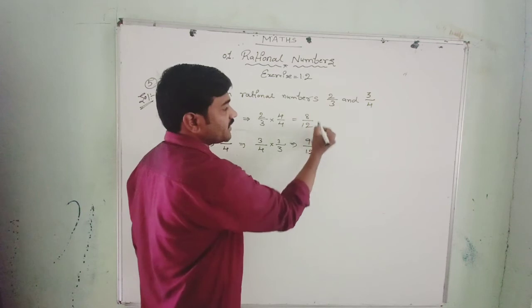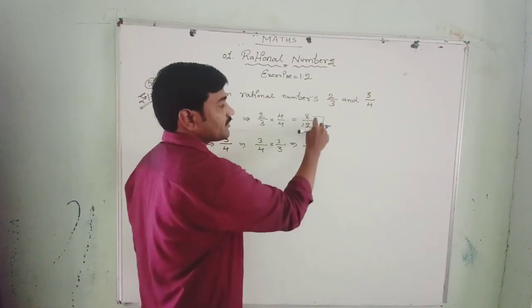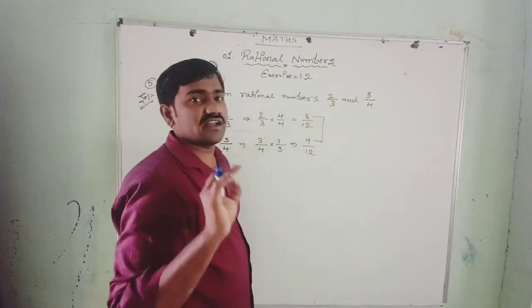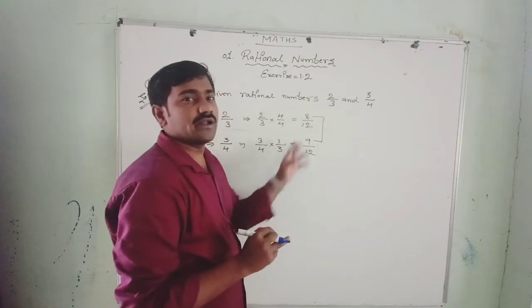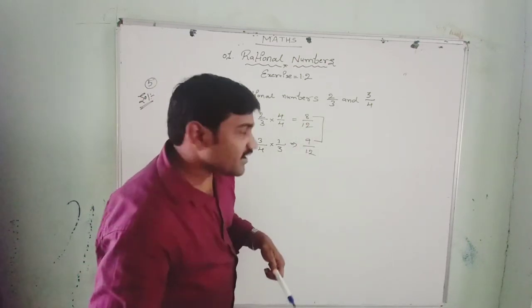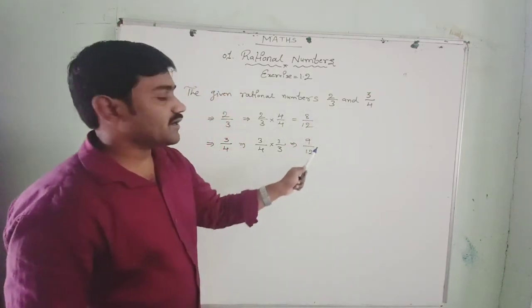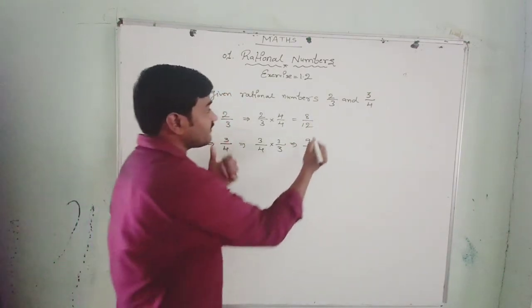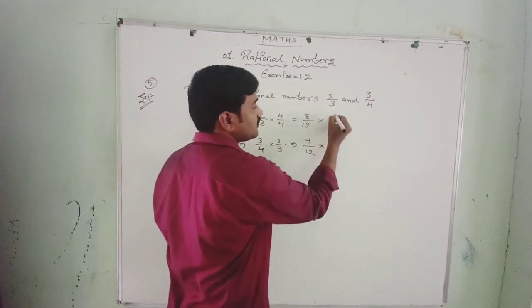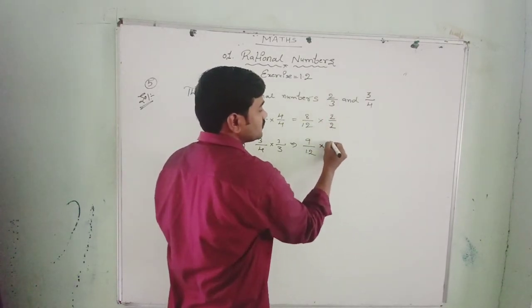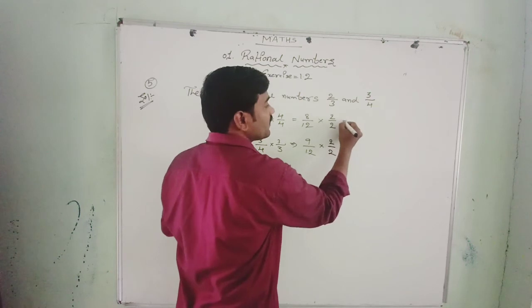Let us observe the numerators, here 8, here 9. Between 8 and 9, is there any numbers? No, we don't get any numbers between 8 and 9. So what we have to do? Now it is not sufficient. అంటే ఇప్పుడు 8 కు 9 కు మధ్యలో ఏ నంబర్ రాయలేం. సో అగైన్ we increase this. Again we increase by 2 by 2 ones.